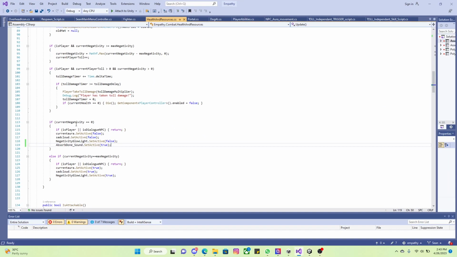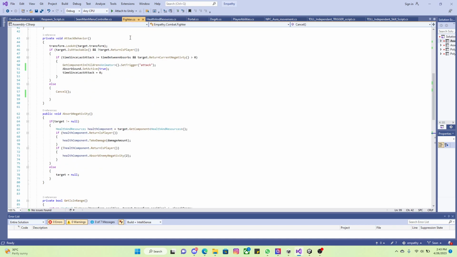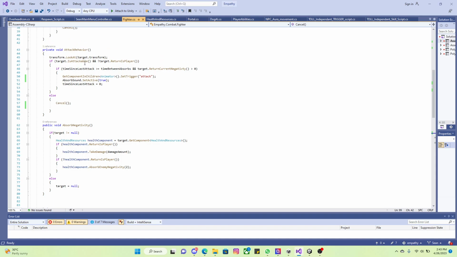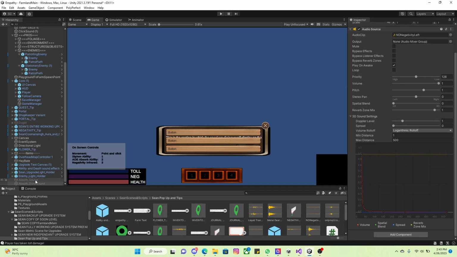So for the first one, let me just showcase the first one. Where was it? Absorb song. So this is during the animation. It says attack, but obviously it's soothe. So this is the absorb song, and I have it set right here to loop. So I have that song set to loop, right? So what happens is that the reason